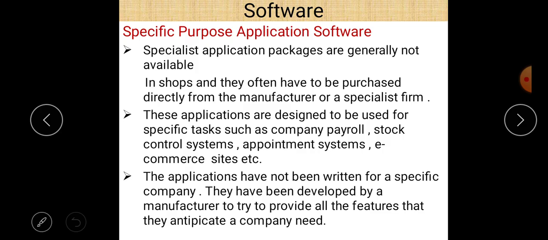Now, specific purpose application software. So the specialized application packages are generally not available in shops, and they often have to be purchased directly from the manufacturer or a specialist firm. That's why they are called the specific purpose application software, because they fulfill some specific purpose that is not generally